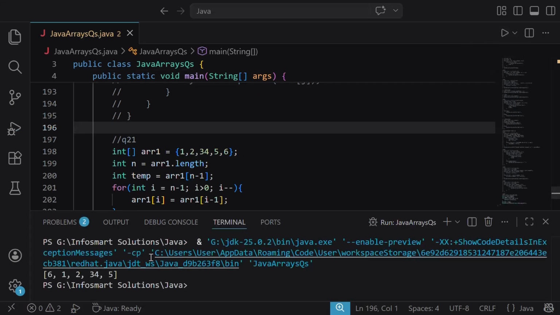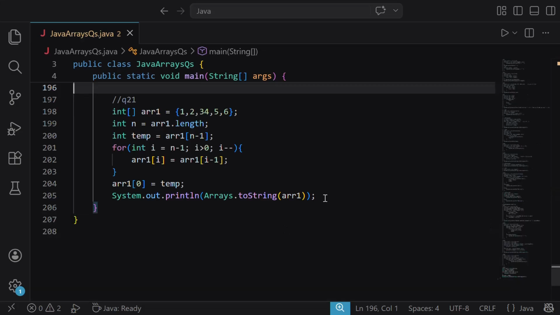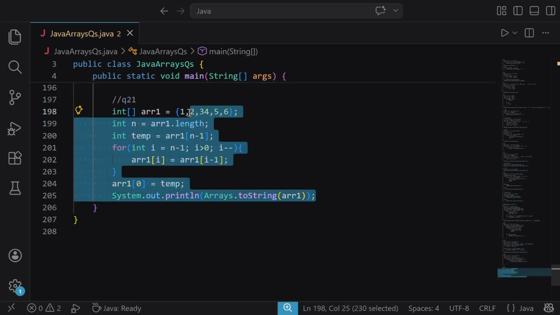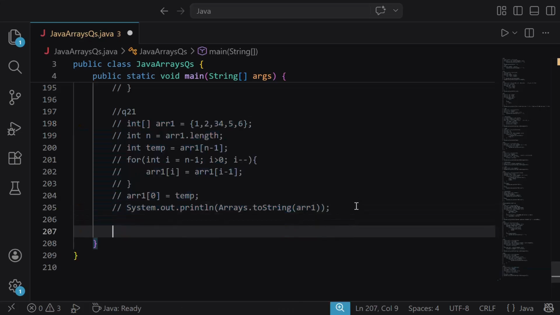We got the correct answer. So the last element we put the first and rest we move towards right. Now if we have to rotate it by k positions, then simply we want one more loop which will run it